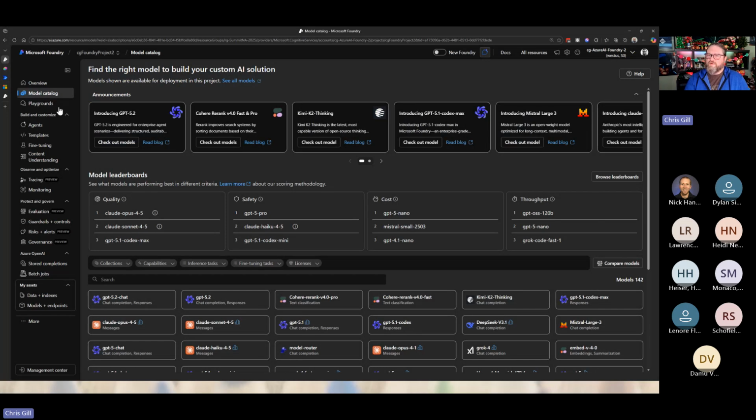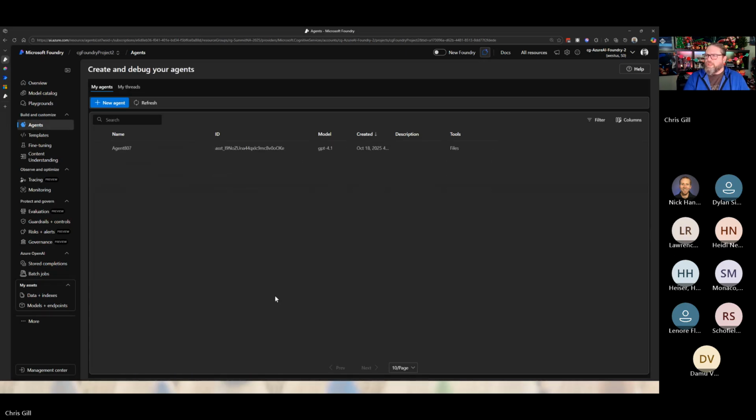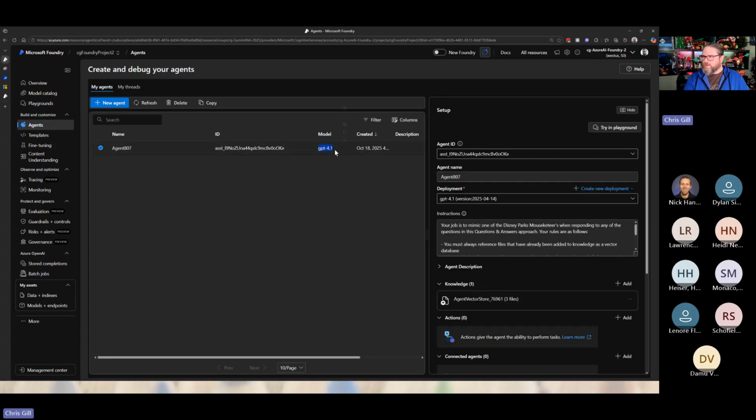So if I go into my agent, at one point I had done new agent and basically just gave it a name, gave it this model version, GPT 4.1 in here, and then utilized the deployment of GPT 4.1. And as we talked about knowledge, here there are 3 files that I had taken.